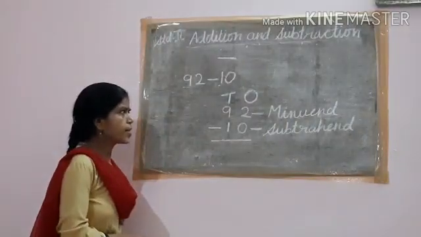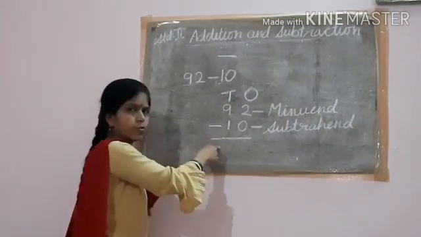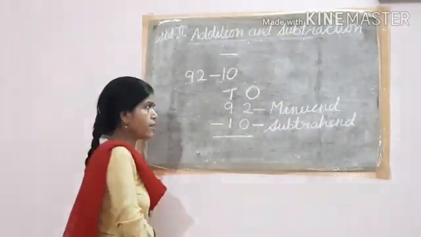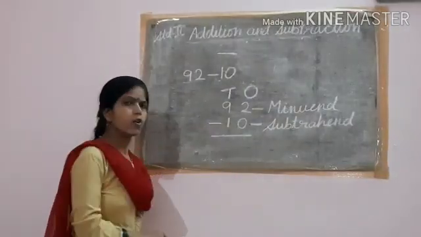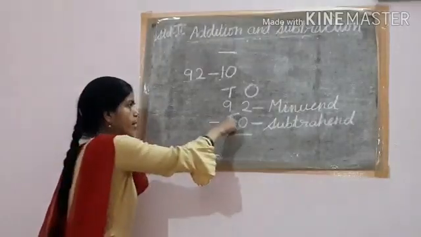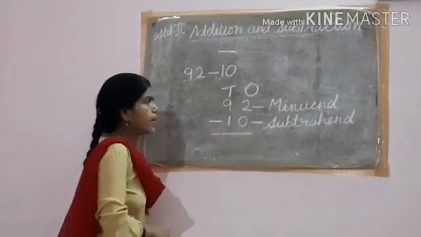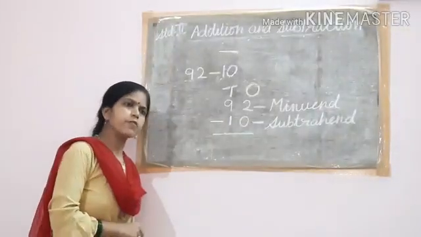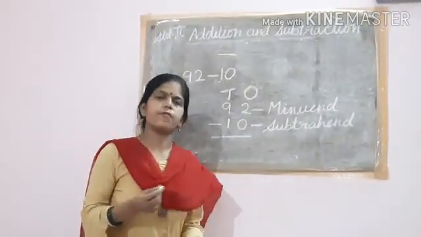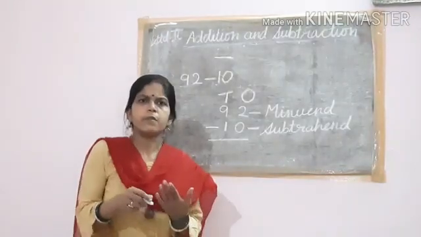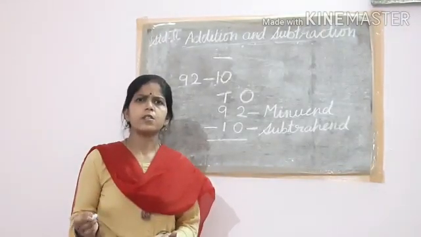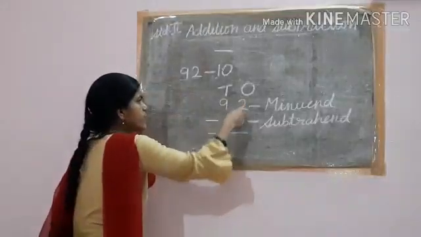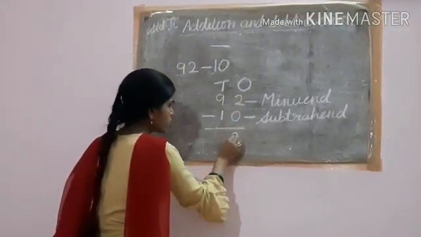You will do the subtraction. How to do it? From which side to start? Like addition, in the same way you have to start from the ones place side. So on the ones place side, up is 2 ones and down is 0 ones. So if I have 2 toffees and somebody does not ask for any, how many are with me? 2 only. So 2 ones minus 0, that is 2.